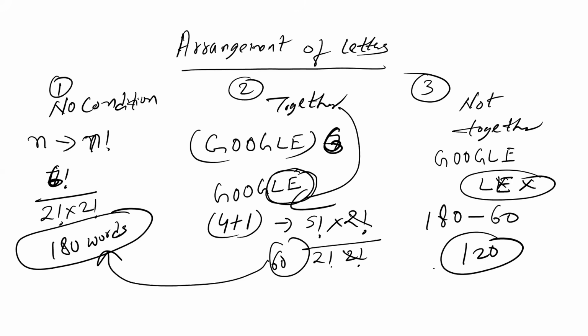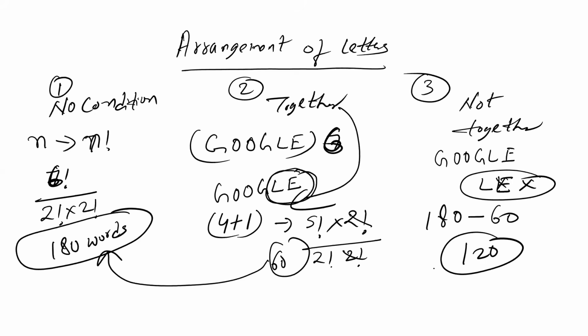Divided by repetition. Repetition of 2G, so 2 factorial, into repetition of 2O, so 2 factorial. The answer total is 180 words possible. Second case, in the same word Google, how many 6 letter words are possible where L and E are